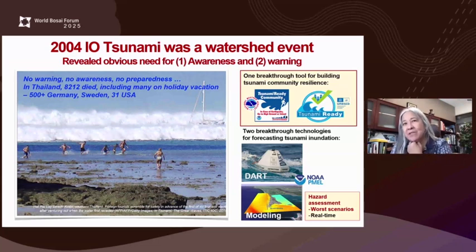And as we collected these deep ocean data, we needed modeling and codes that would work in near real time to be able to do these forecasts, which would propagate the DART deep ocean signal to the coast. And as we've improved that modeling, it allowed us to do those worst case scenarios for hazard assessment, which tsunami really requires. So that was about 20 years ago, and we've certainly hugely progressed since.